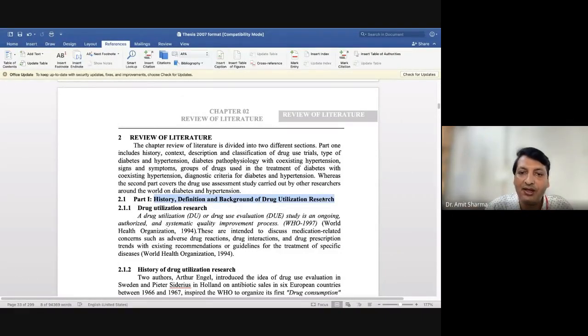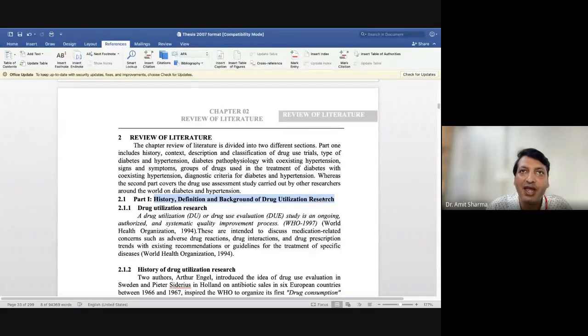We have an introduction of drug utilization research in my chapter called introduction also, but not that vast. I have just given the definition of DUE, that is, what DUR means, drug utilization evaluation or drug utilization research, how it can be carried out, what the different methods are, who has conducted it earlier, and when it was started.